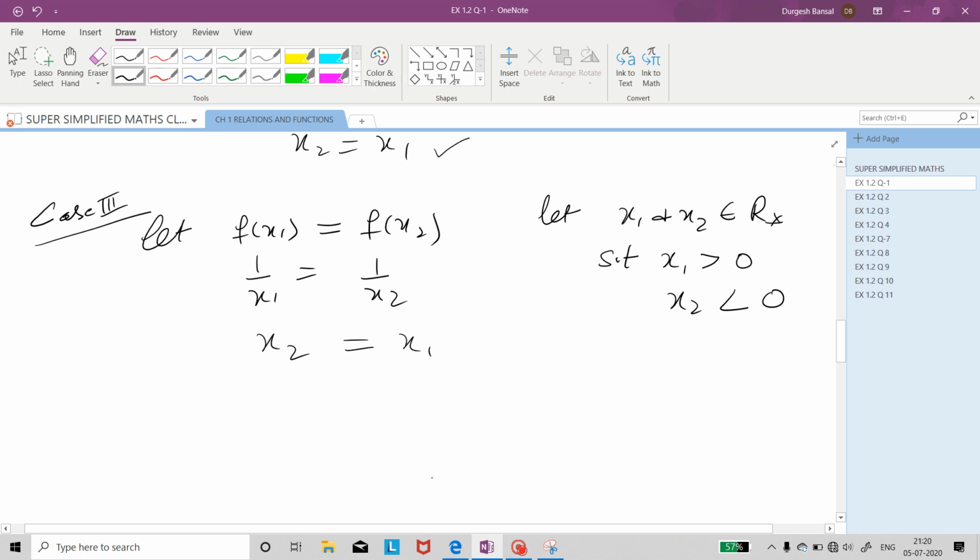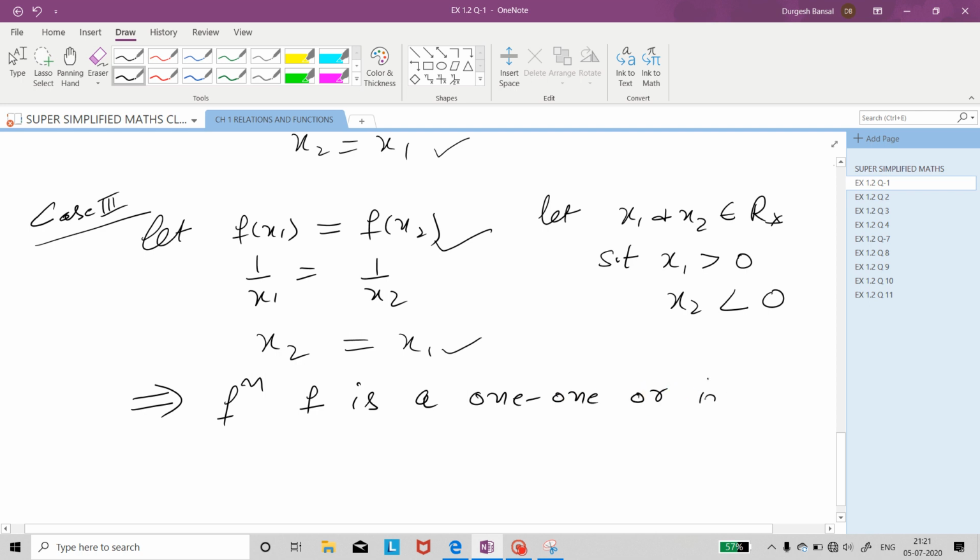They again come out to be equal. What is the problem if one is negative and one is positive? They are again going to be equal. Okay. So we got that in all the three cases, whenever the images were same, the numbers were also same. And this implies this function f is 1-1